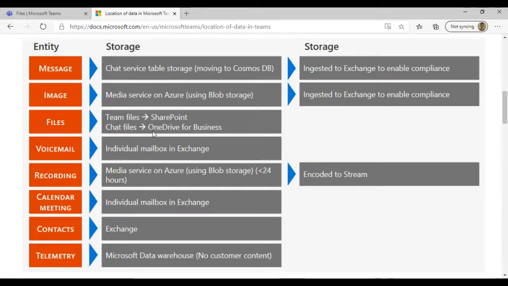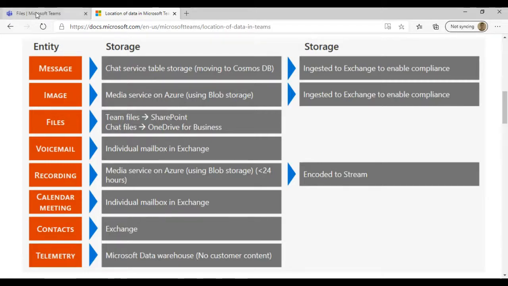So as an example, if we were to share a file through Teams, that would be backed up to SharePoint if that was being worked on collaboratively and being able to access through SharePoint. If I was to share, for example, a link to a file on a one-on-one basis, that will be backed up to OneDrive. Equally, when we start to look at the recording of meetings, such as this one today, anything that is shared via recording will actually be backed up to Stream. So I wanted to just frame that initially, because I say we get a lot of questions being asked about data storage and general data residency within Teams.